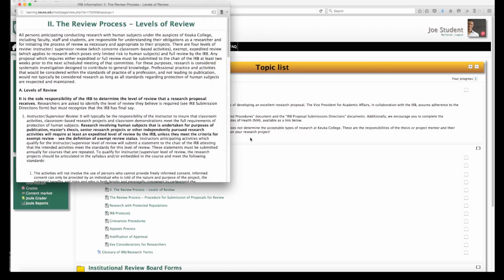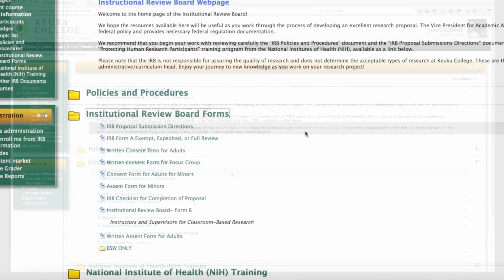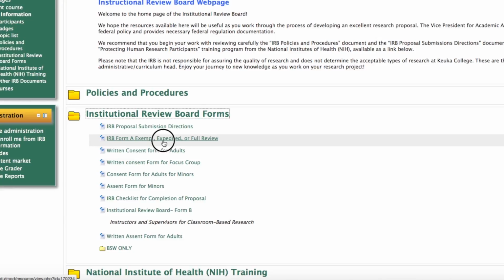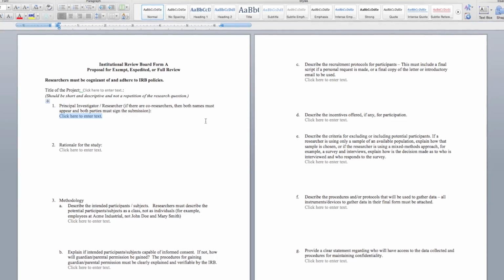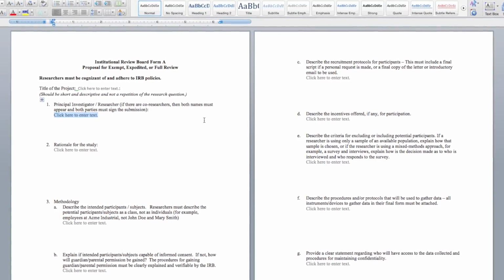Next, you'll want to locate the application forms that you'll need to complete. Select the Institutional Review Board forms. In this folder, you'll see several documents. The first one you'll want to take a look at is the IRB Form A, Exempt, Expedited, or Full Review. You'll need to save this form to your computer in order to open it and edit it. Once you save the Institutional Review Board Form A to your computer, simply go through the form and fill it